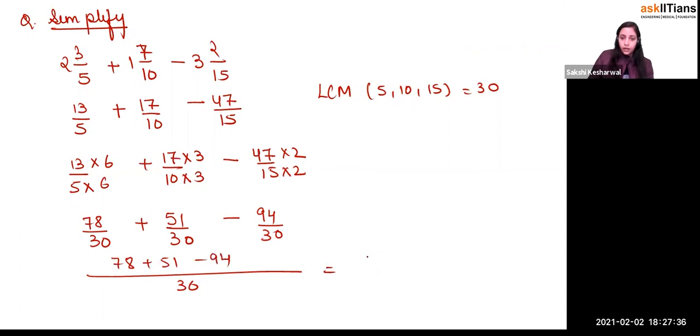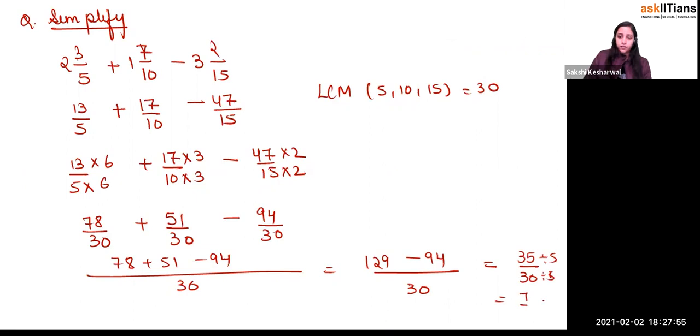So first what you do, you add these two. So it will be what, beta? 129, yes, minus 94, it is equals to what? 35 divided by 30. Again, you do the division by 5. So this is equals to what? 7 by 6 is your answer, right? Or either you can write your answer as 1 whole 1 by 6, right? Okay,